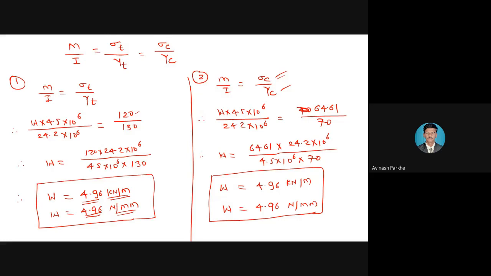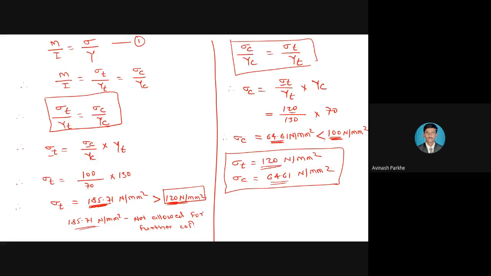In the examination, if you calculate by the single combination, that answer is also accepted. Just for your understanding whether answers are same or different, for that purpose here I have solved by using both combinations. Therefore, please keep in mind, in whatever problems we have solved in the last lecture and today's lecture, sigma T and sigma C we have to calculate. But here the value of sigma T and sigma C is given in the statement. But don't take that value as it is for the calculation. First of all, check, like I have checked it: sigma T upon Yt is equal to sigma C upon Yc.